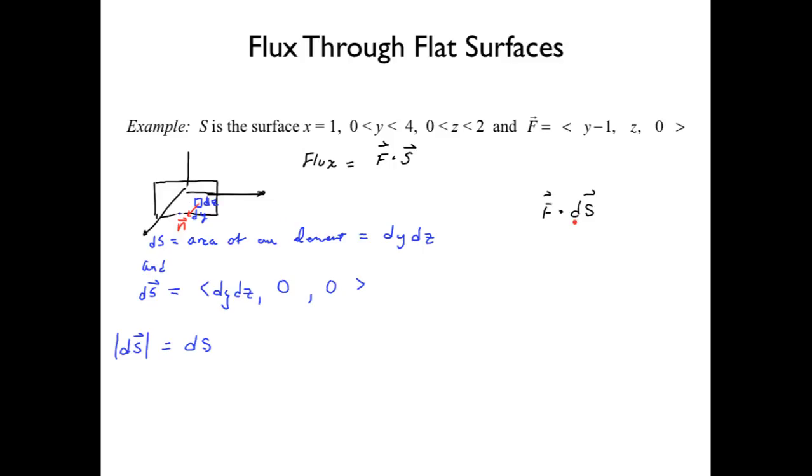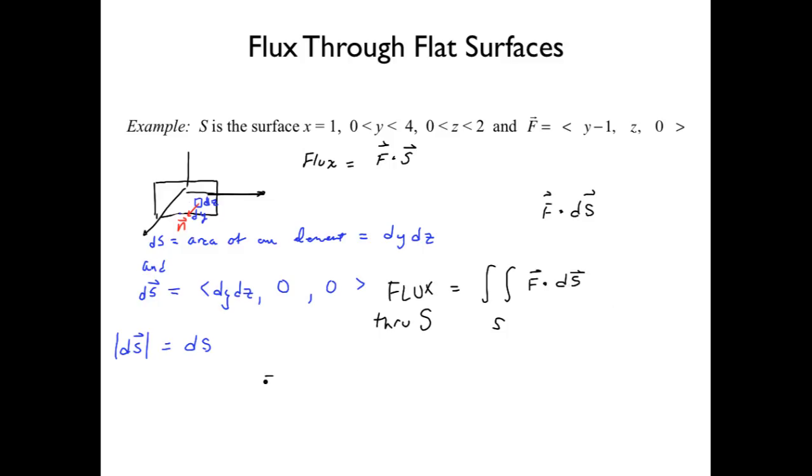All right, so then F dot dS would be the flux for just one of those little rectangles, dy dz rectangles. So how would we get the whole flux? Yeah, so we're going to integrate up all of these. And so what kind of integral will that be? Double. So the flux through the surface will equal the double integral over S of F dot dS,